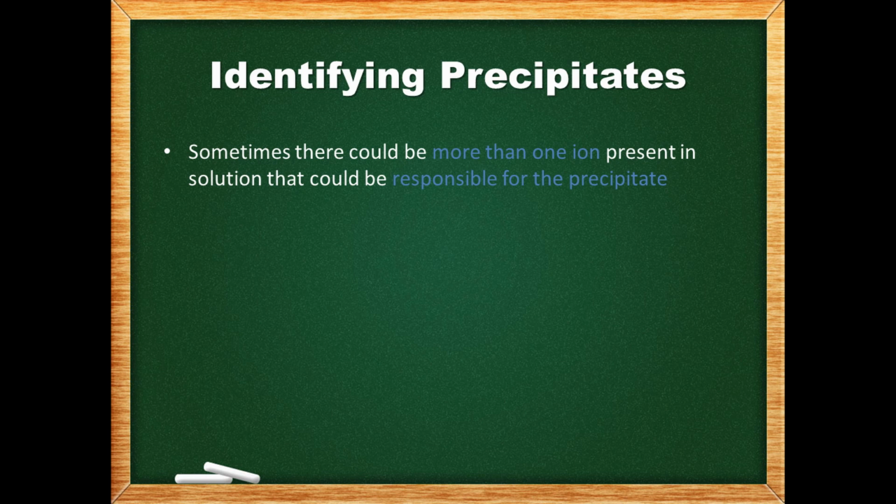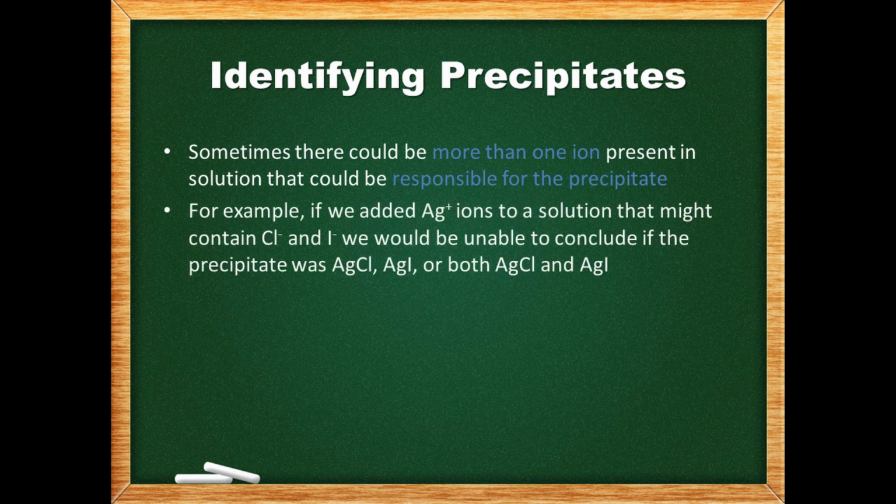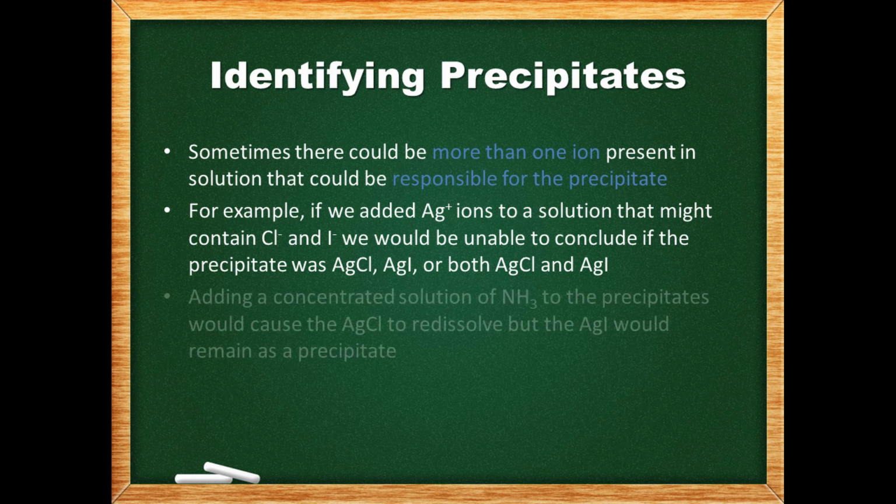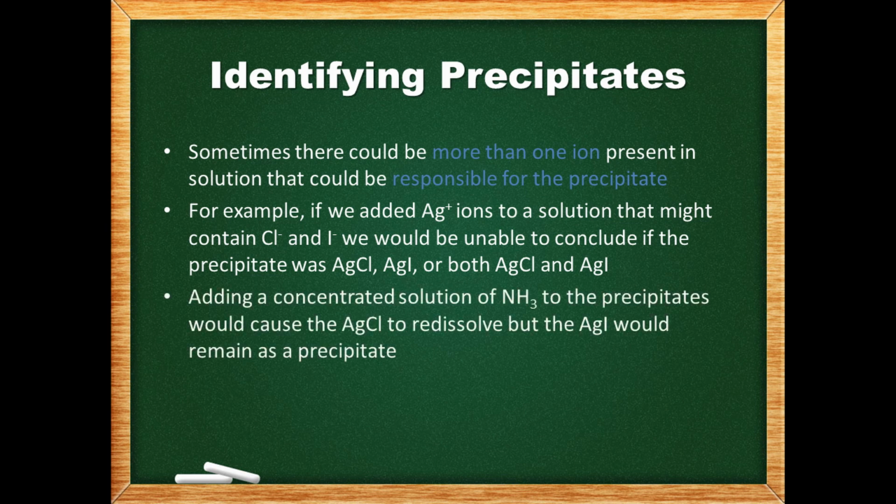Sometimes there could be more than one ion present in solution that could be responsible for the precipitate. For example, if we added silver ions to a solution that might contain chloride and iodide, we would be unable to conclude if the precipitate was silver chloride, silver iodide, or both silver chloride and silver iodide. Adding a concentrated solution of ammonia to the precipitates would cause the silver chloride to redissolve, but the silver iodide would remain as a precipitate. Silver chloride is actually a white precipitate and silver iodide is light yellow, so color could also be of use